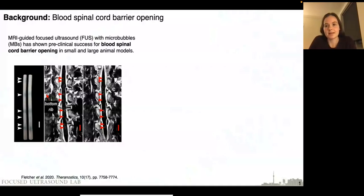To give a bit of introduction, similar to the blood-brain barrier, the blood-spinal cord barrier can block a large majority of small and large molecules, and this can greatly hinder therapies for spinal cord tumors, injury, and diseases. However, microbubble-mediated MRI-guided focused ultrasound has shown preclinical success in both small and large animal models for blood-spinal cord barrier opening. Below is an example of the Evans blue dye extravasation and MRI contrast enhancement indicating opening in the porcine